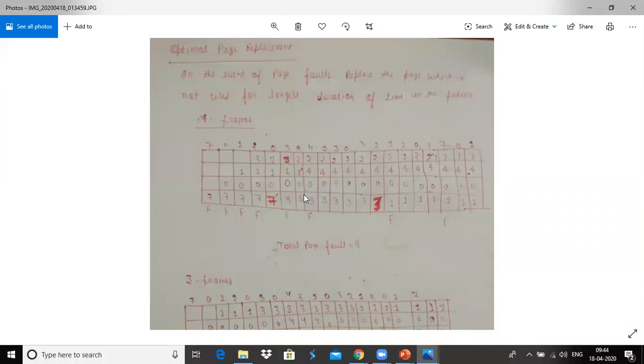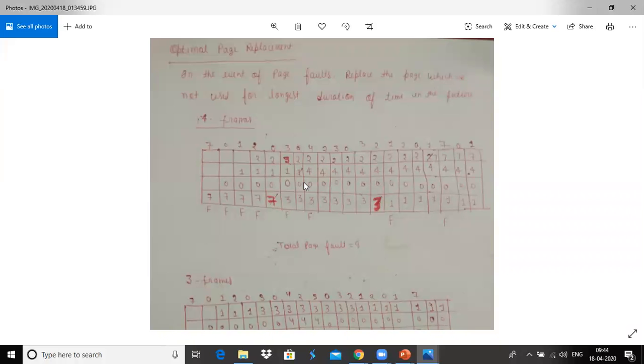Again one page fault occurs for page number 4. देखो, यहाँ पे जो पेज नंबर 4 आया है, यहाँ पे जो आपका फ्रेम्स है ये ऑलरेडी फिल्डेड है. कौन कौन सा पेज है? पेज नंबर 0 है, 3 है, 1 है और 2 है. इन्हीं चारों में से एक पेज को हटाना पड़ेगा क्योंकि ये पूरा फिल्डेड है. तो अब कौन सा पेज हम हटाएं? वो वाला पेज हटाएंगे जो कि लॉन्गेस्ट ड्यूरेशन ऑफ टाइम तक यूज नहीं हुआ है. फोकस है इन्हीं चारों पेजेस में से हटाना है. 0, 3, 1 और 2 में से इन्हीं में से एक हटेगा.